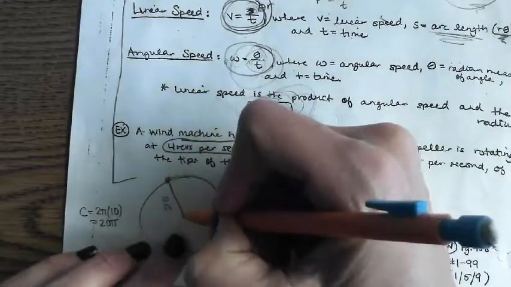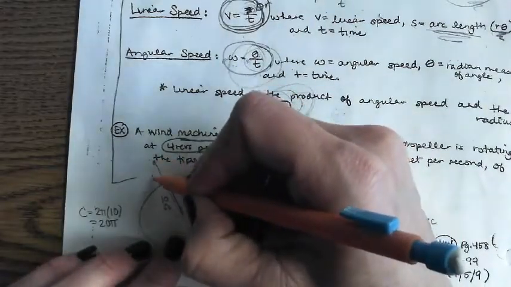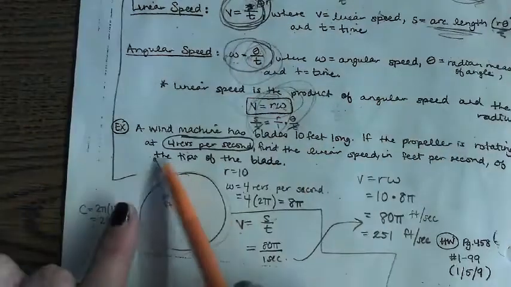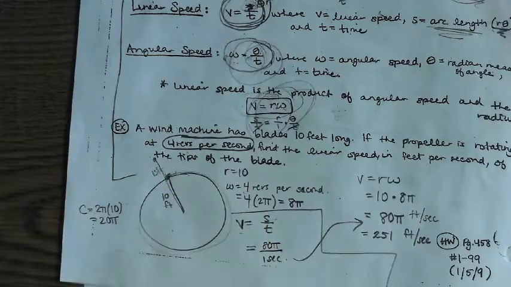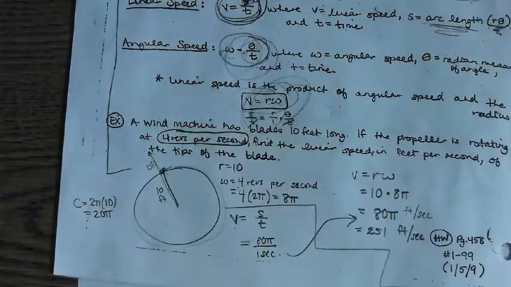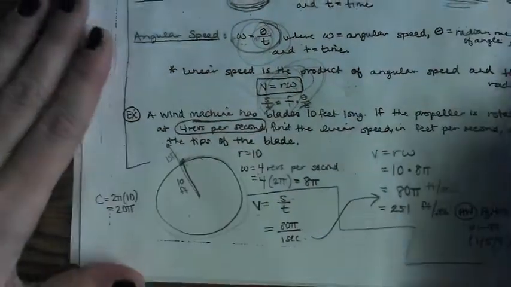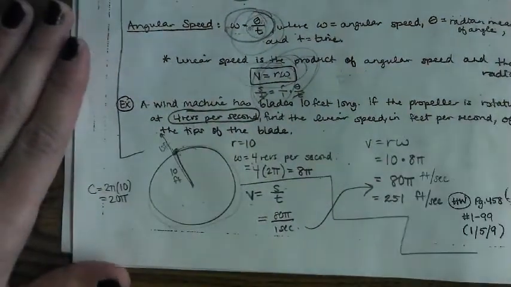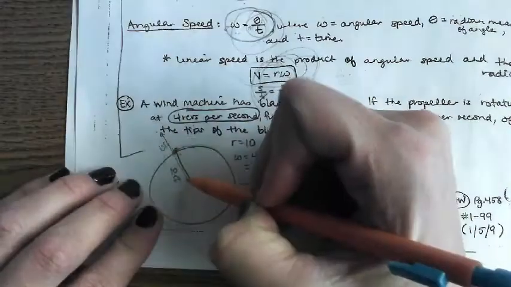If you have a blade that's 10 feet long versus a blade that's 15 feet long, and they both do 4 full circles per second, which one's going faster? Which tip is going faster? Linearly faster. Oh, interesting. Let me rephrase that, because we seem to be a little confused. These 2 blades, I'm trying to think,